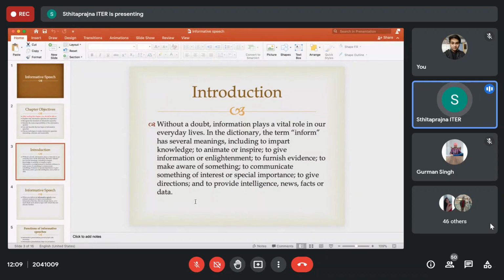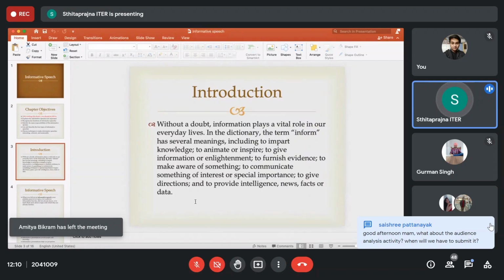Well, informative speech is to inform, to impart knowledge, to inspire, to give information or enlightenment, to furnish evidence. These are some of the meanings of information. To inform. So when you're informing, you are